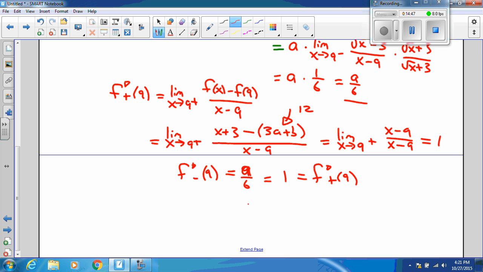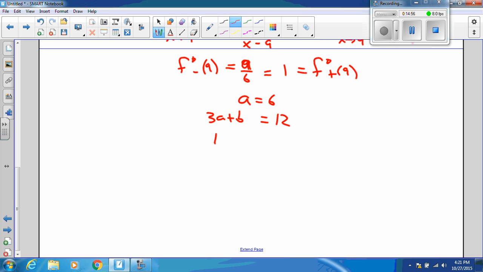And so as a result, because f prime minus at 9, which is equal to a over 6, has to equal 1, which is f prime plus at 9, therefore a is equal to 6. And since 3a plus b is equal to 12 from our continuity condition, then I have 18 plus b equals 12, and b is equal to minus 6. So notice that it's entirely possible that we might end up with two equations and two variables